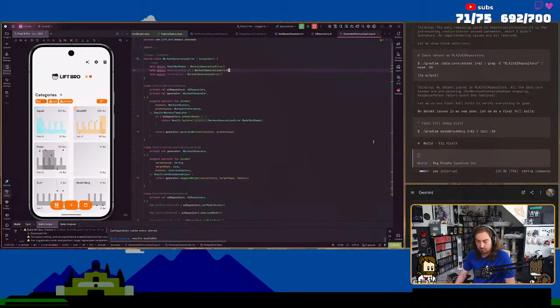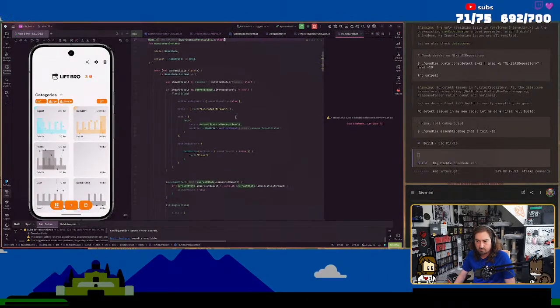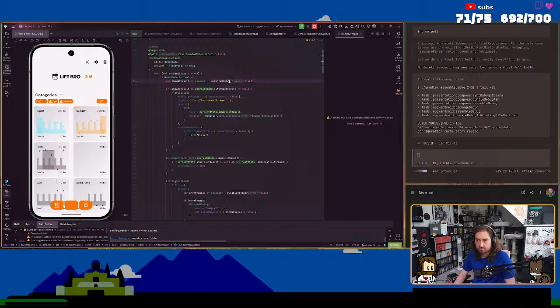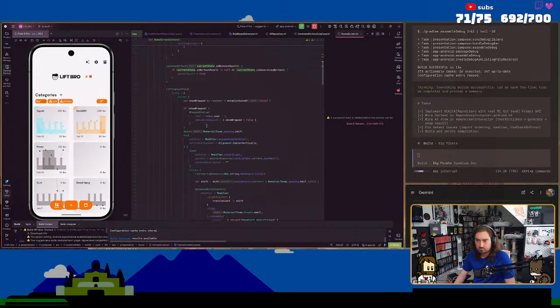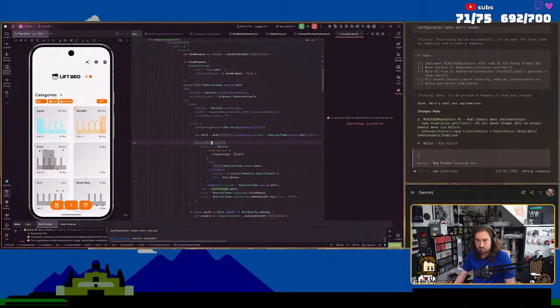What's going on here? Okay, so we have the home screen, which now has this generated workout. Oh my goodness. Okay. Got the rotating text.